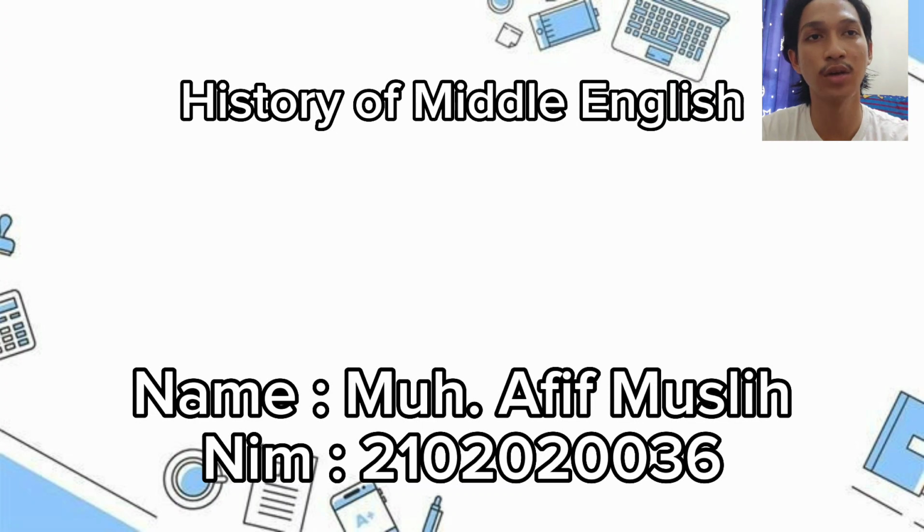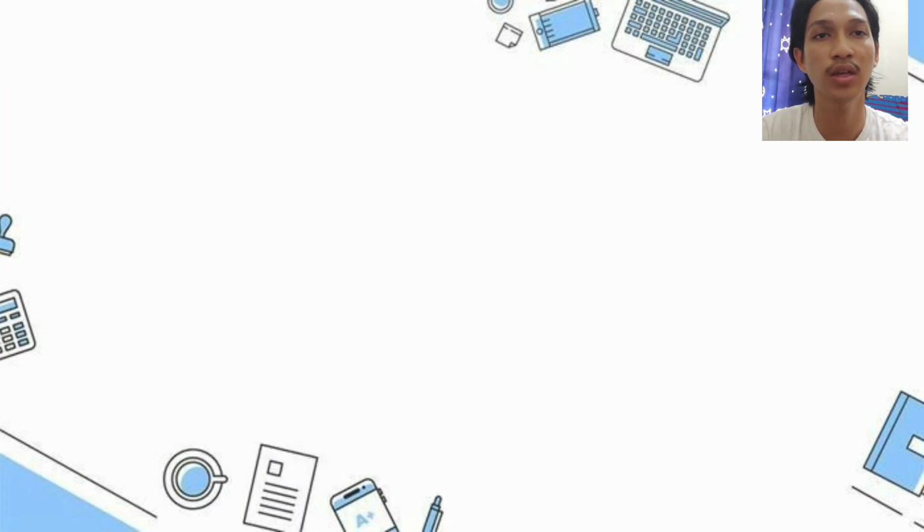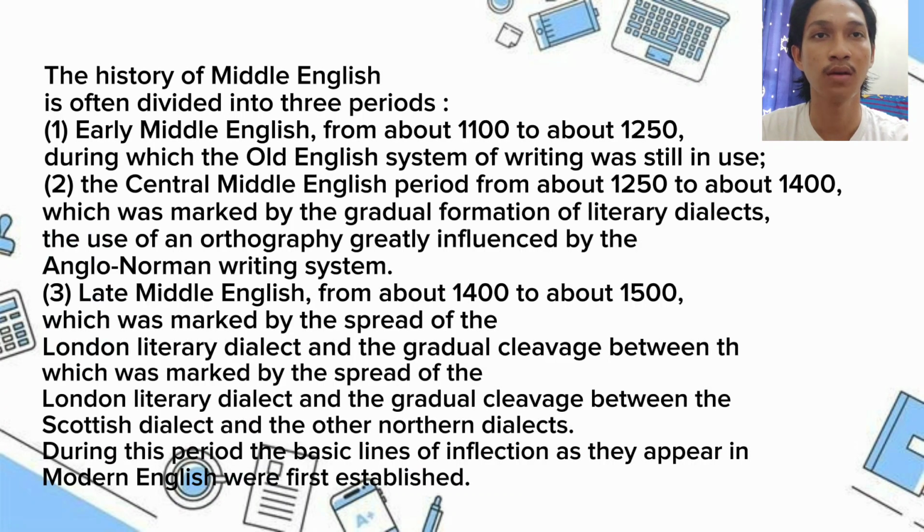So in this video I will explain about history of Middle English. The history of Middle English is often divided into three periods. One, early Middle English from about 1100 to about 1250, during which the Old English system of writing was still in use. And the second, the Central Middle English period from about 1250 to about 1400,